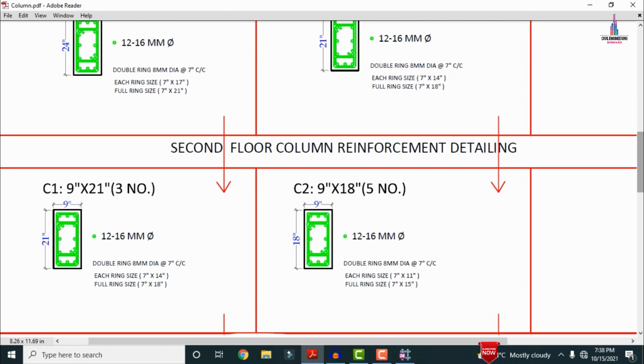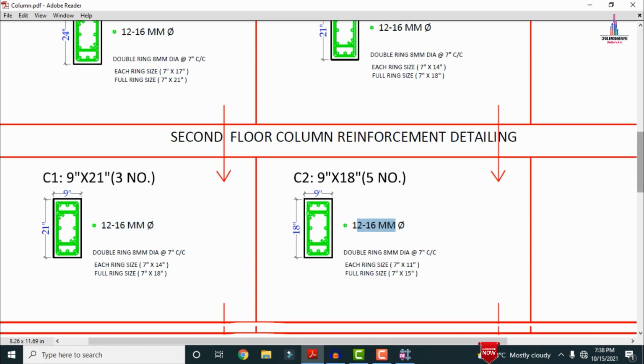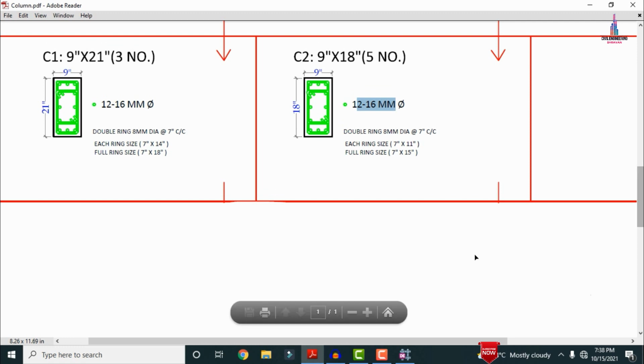Again, in the same process we are taking the results related to the 12 bars of 16 mm diameter at the corner section. But as per the output file we obtained that 10 bars of 16 mm diameter is sufficient for the building structure which comes under your G+2 building model.